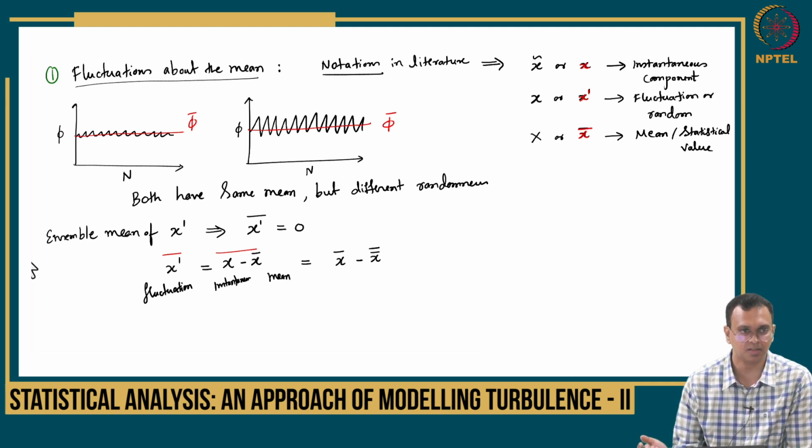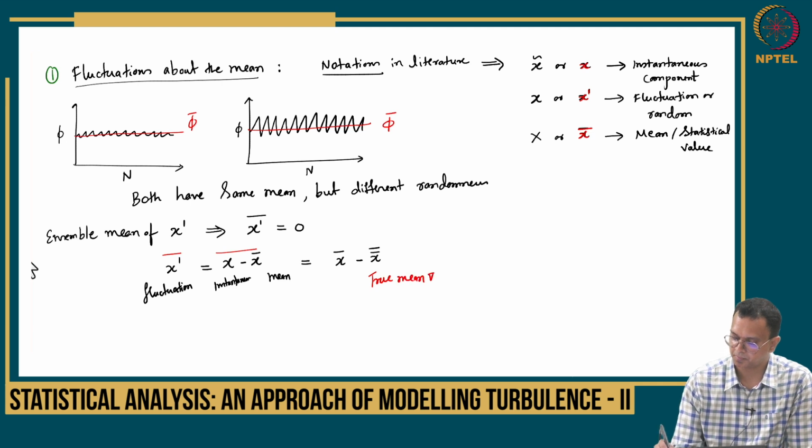It's the same. Ensemble mean is not changing, that's why I call it true mean, right? So this is the true mean. Therefore it doesn't change, therefore this is 0,